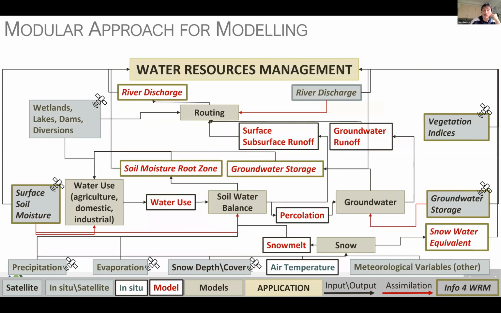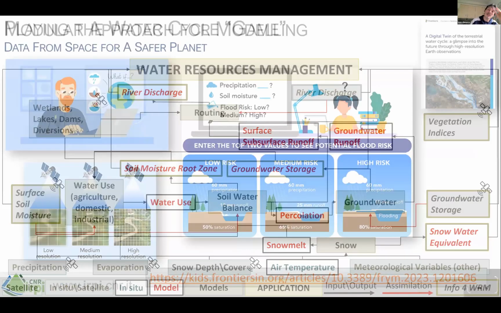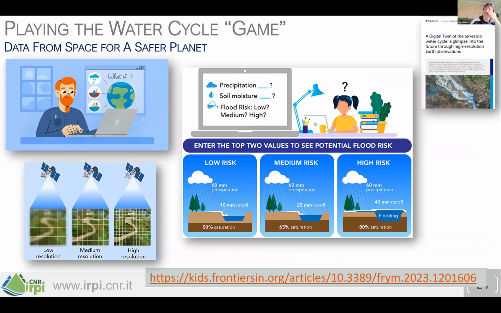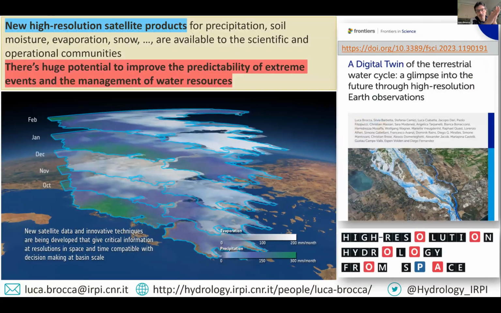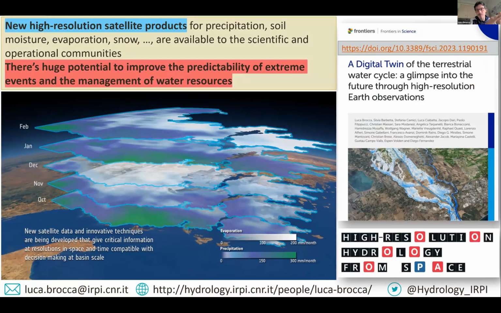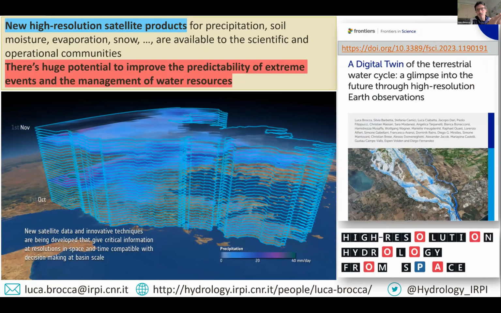So we have developed this prototype for a digital twin. We have very recently written a paper in which all the information is available. We also wrote a paper for Young Minds. Here I have some screenshots from this paper. It was quite a nice experience, and you can see the link at the bottom. But if you want more information on all these things that we have developed, there is the full paper called the Digital Twin of the Terrestrial Water Cycle.